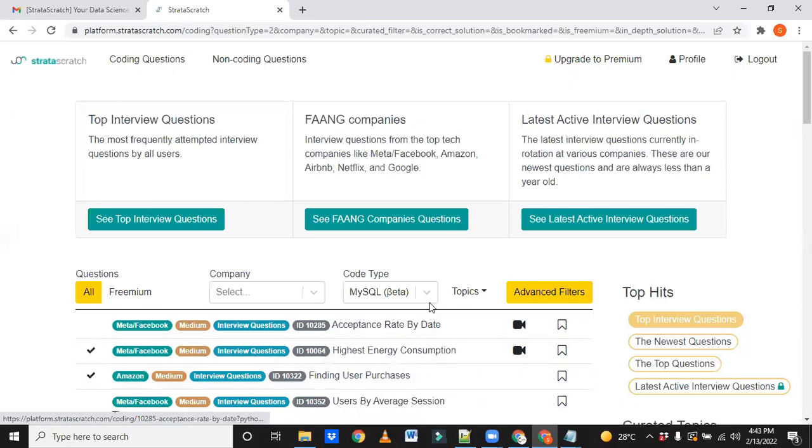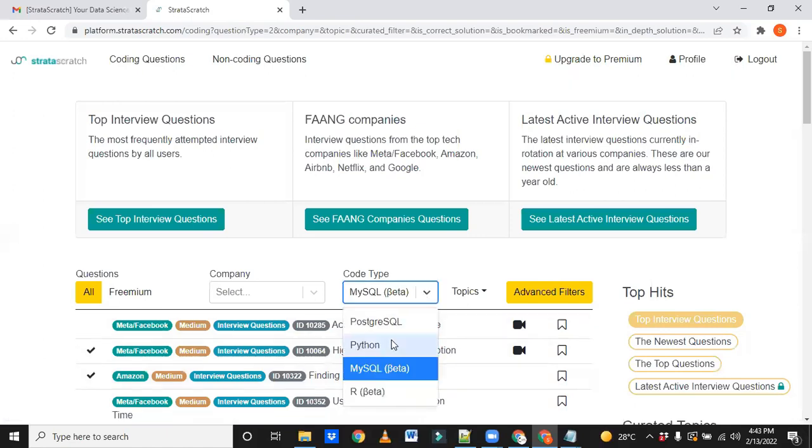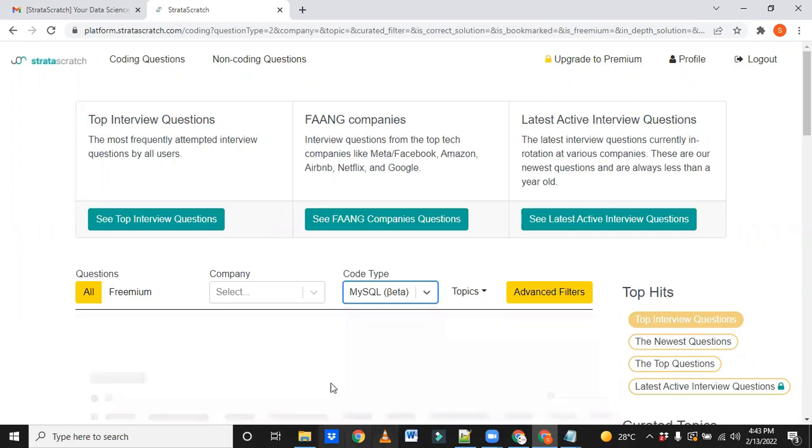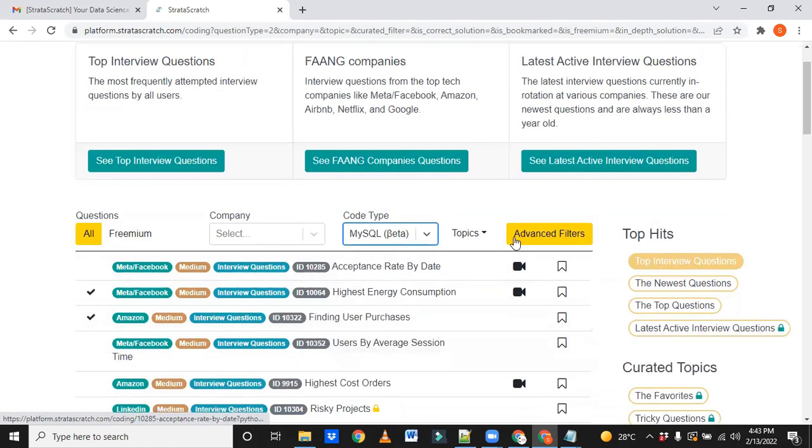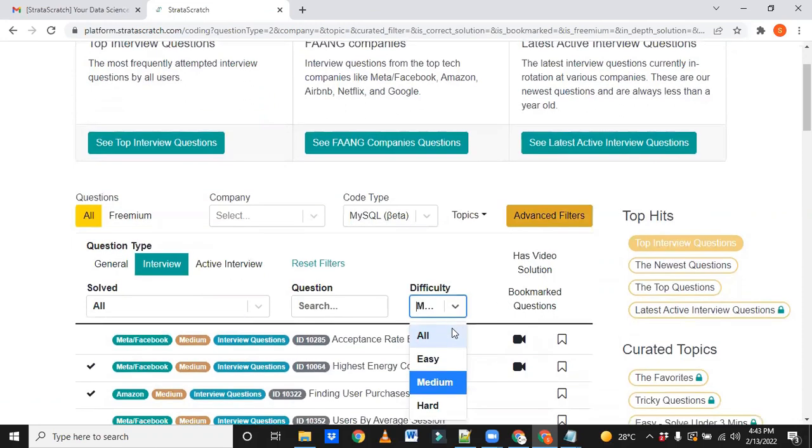First of all, we can choose PostgreSQL or MySQL because the syntax is almost similar, and the focus is more on the use case. The use case can be solved in PostgreSQL or MySQL. I have taken MySQL, and you can see there are other filters like difficulty levels.